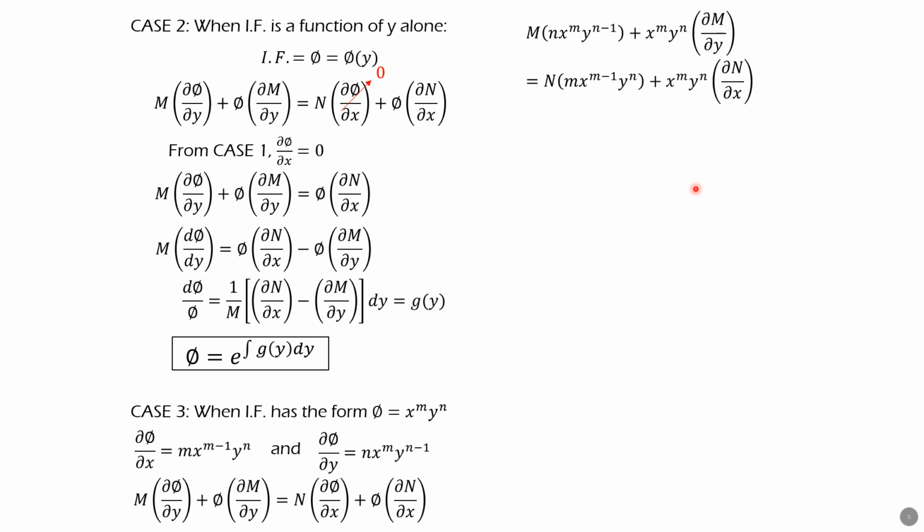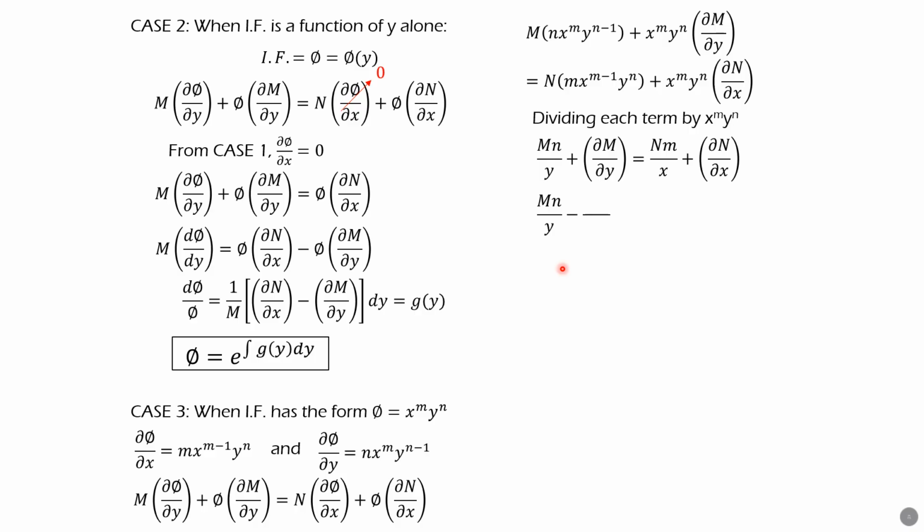So we divide everything by the term x to the m y to the n, and the result will be m n over y plus m n over y. Then we transpose this to the left, minus n m over x equals partial of n with respect to x minus, so this is the result. So m n over y minus n m over x equals partial of n with respect to x minus partial of m